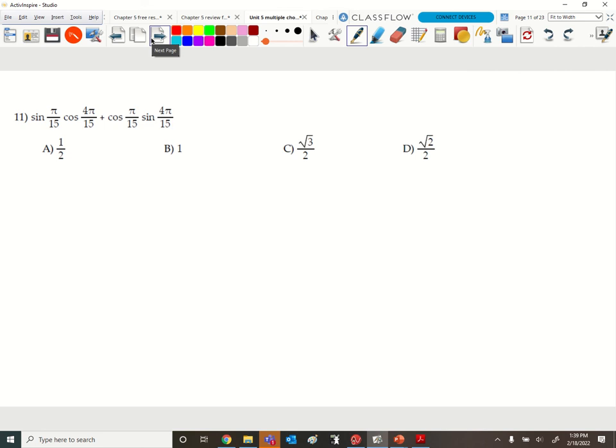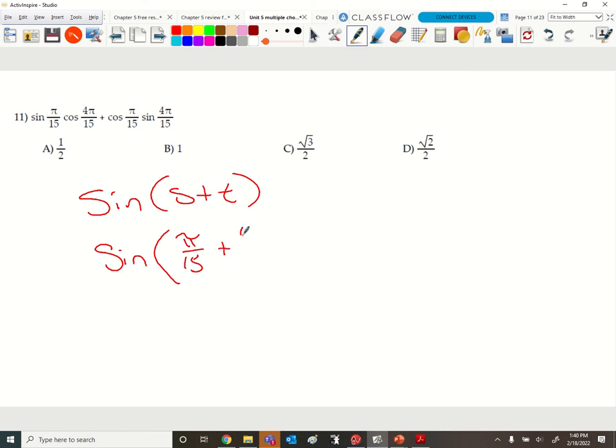Number 11. Now, this is going to be an easier one because I could either Aldo it or I could actually do the math. I think the math is going to be easier on this one. Look at my reference sheet. Go find the sum and difference that says sine, cosine, plus. It's going to be a sine. Which one's this going to be? S plus t. So I'm going to have sine, my s value, which is pi over 15, plus 4 pi over 15,